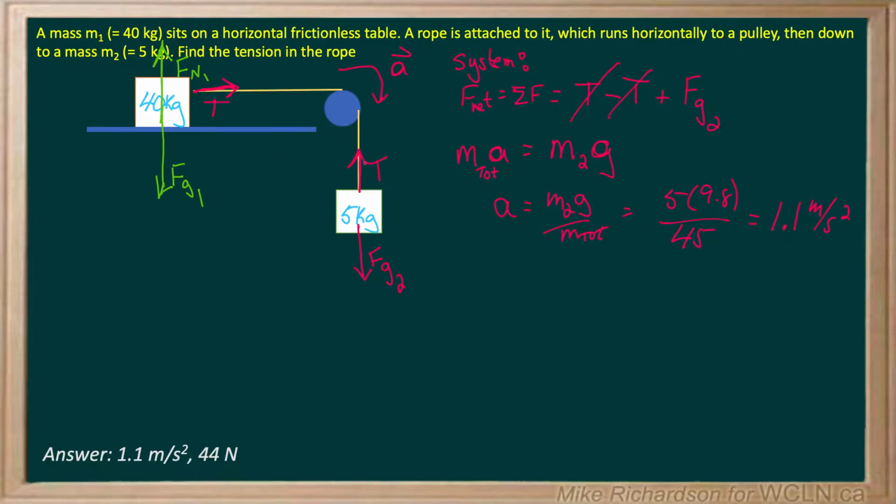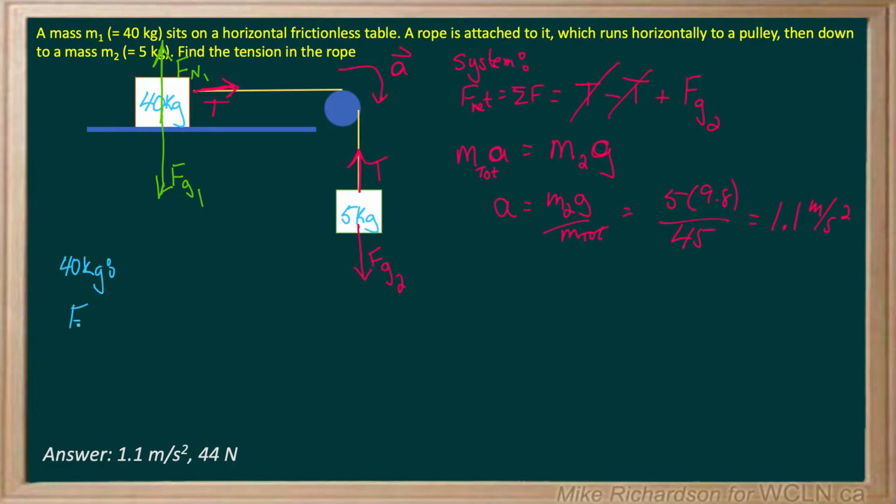Now if I want to solve for the tension, I have to now isolate either the 5 kilogram mass or the 40. Now remember, the green vectors have canceled. So pick the mass that's easier to solve for T. The 40 kilogram mass looks much easier because there's only one force attached to it in the direction of motion. So I'll use blue for this one. So if I look at just the 40 kilogram mass, isolate,